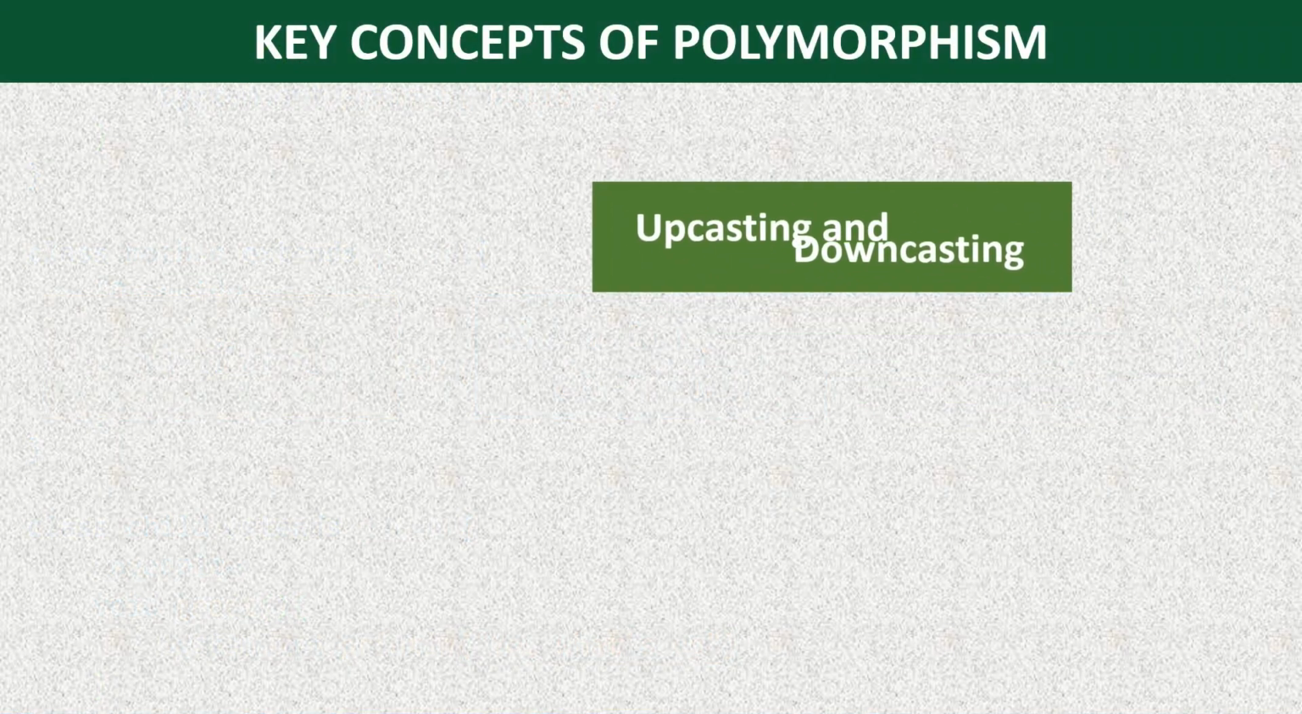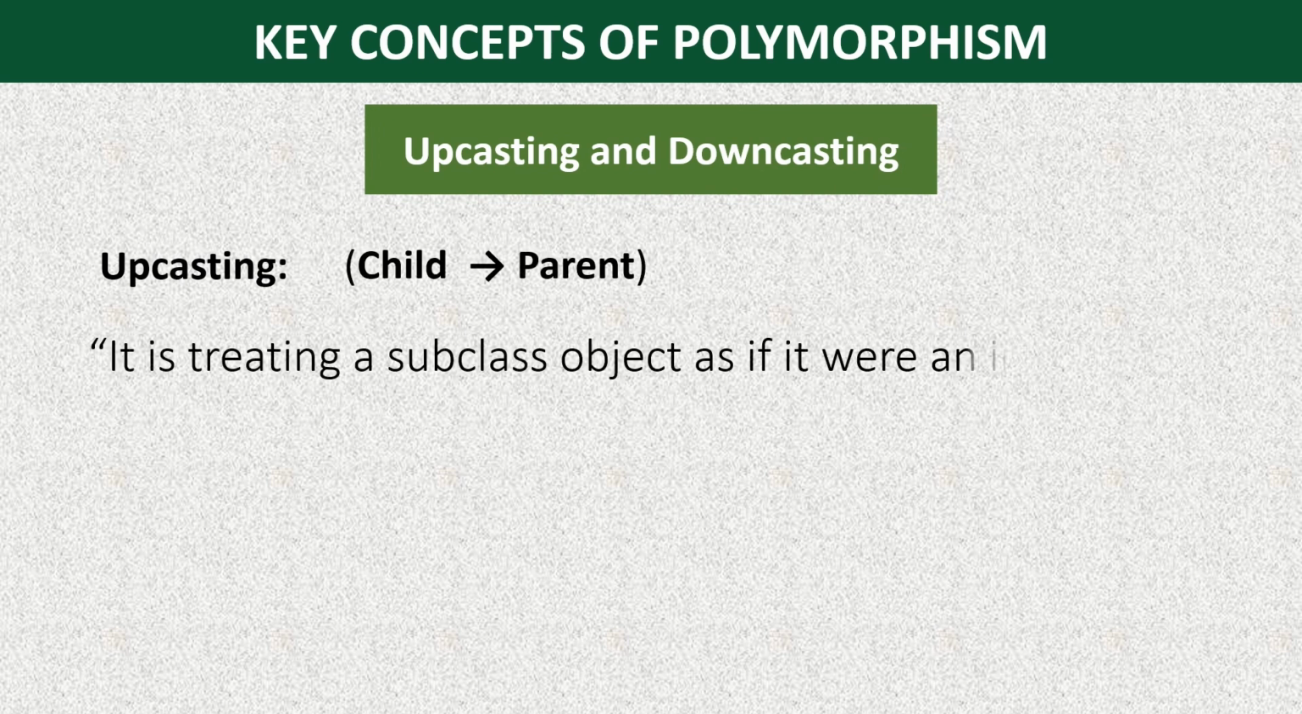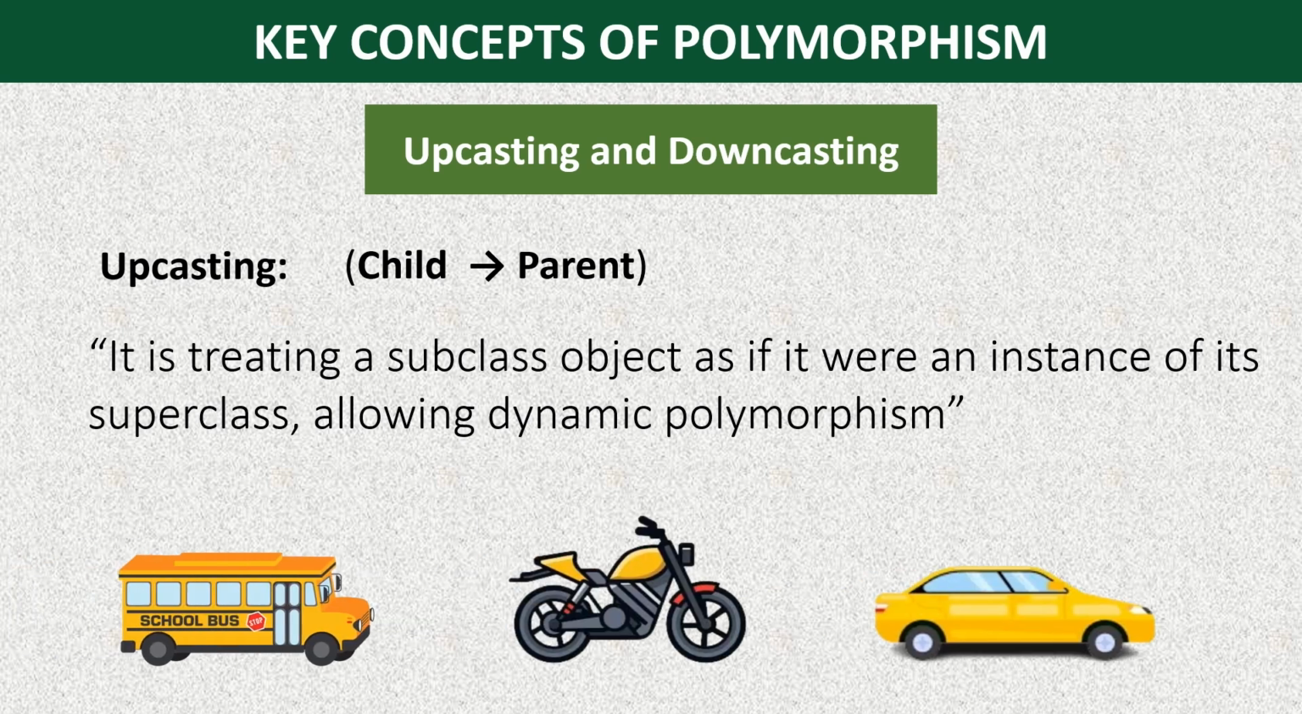Our next topic is upcasting and downcasting. Upcasting is treating a subclass object as if it were an instance of its superclass, allowing dynamic polymorphism. Think of it like calling all vehicles. Imagine you have different types of vehicles: car, motorbike, bus. Even though they are different, you can refer to all of them as vehicles because they all belong to the